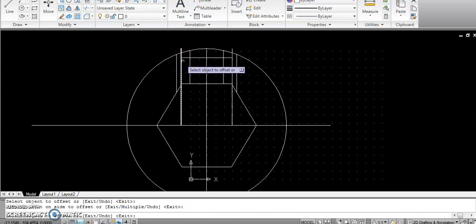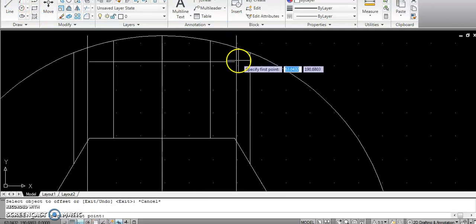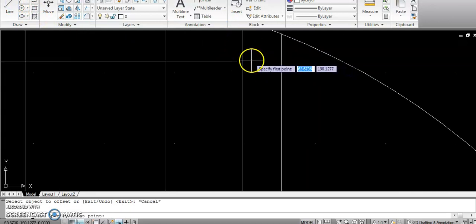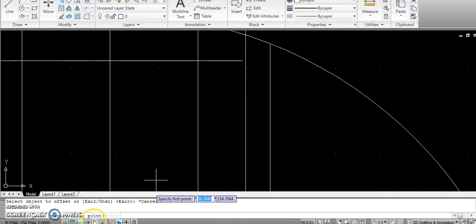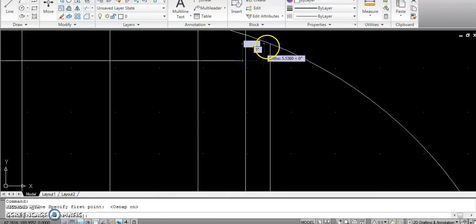From here you have your winding. Next, these things you can randomly join, this and these points. It need not be exact as shown. Anyhow you can join this.